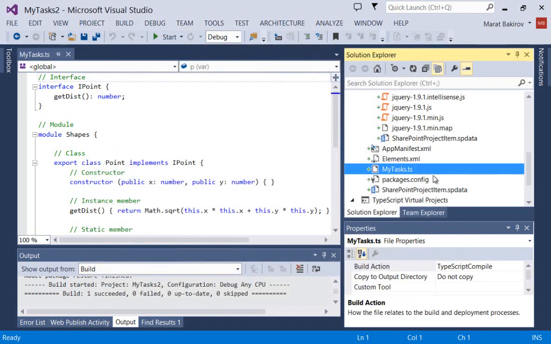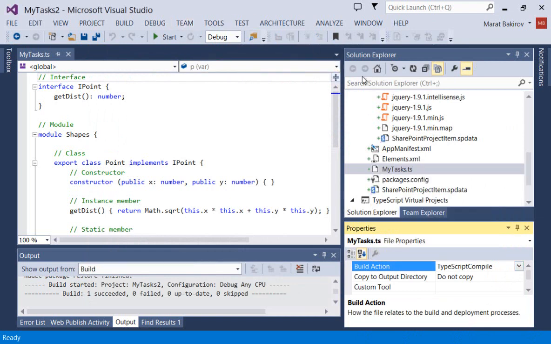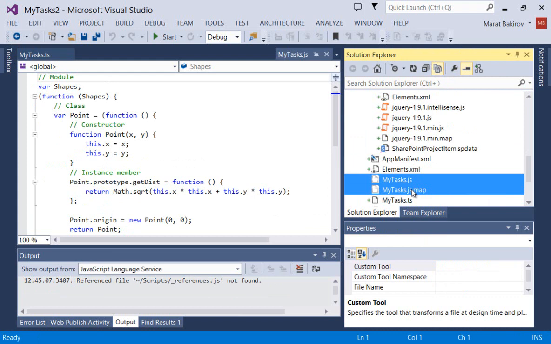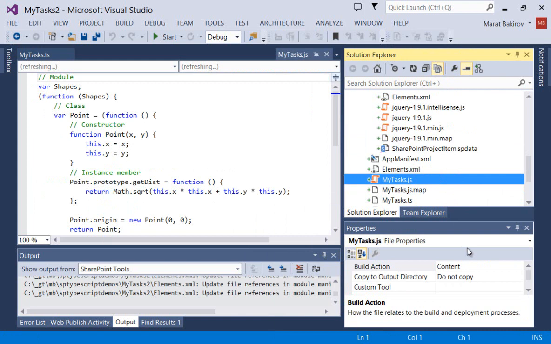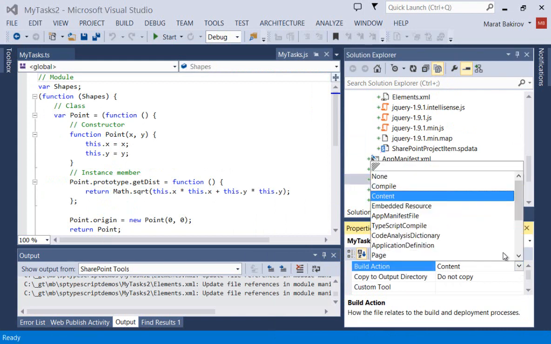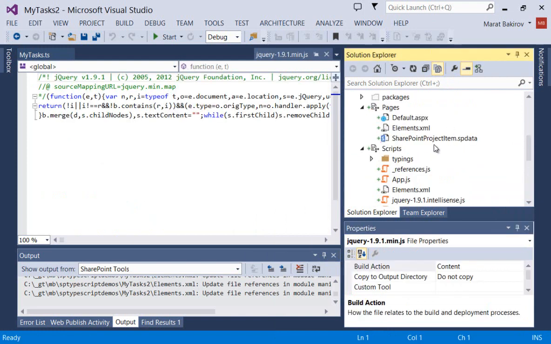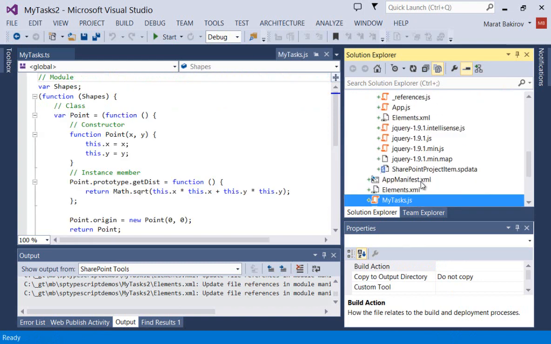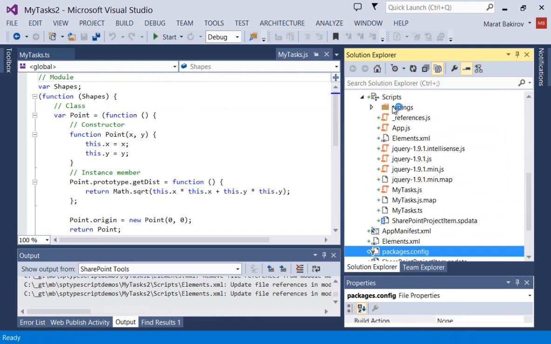and it's essential to see that to understand why it's not compiling. So we have this file. We make sure that TypeScript compile is on, and I rebuild the project. Let's now press show all files again, and you see we have two files, JavaScript and JavaScript map. Let's include them in the project. These are the files that I want to be deployed in my scripts folder. I made a little mistake, sorry. I wanted to have these files